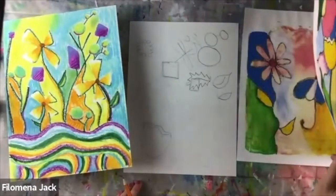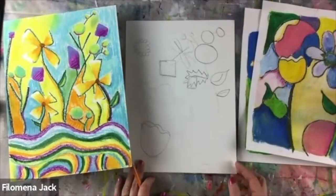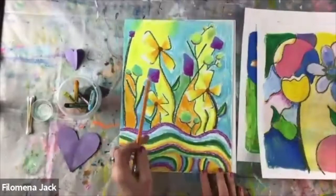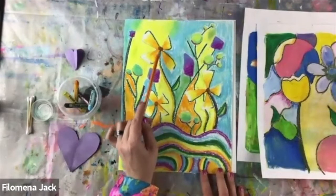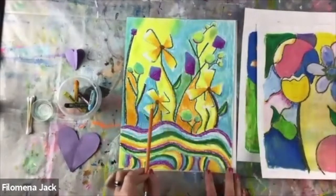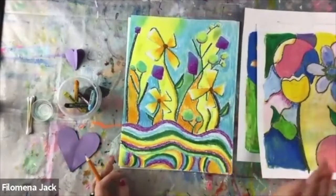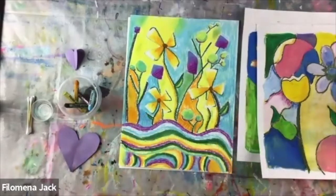There's one more flower shape that I'd like to talk about, which is turning the flower a little bit. I haven't done that really in any of these samples here. Maybe here you can see it turning a little bit because the center of this flower right here is a little bit higher. It's not in the middle of where these 4 petals come together, whereas these 2 here, the center is really in the center. So by moving where you put the center, you can make it look like your flowers are turning away or blowing in the breeze or reaching up towards the sun. So they're not so straight on like a,